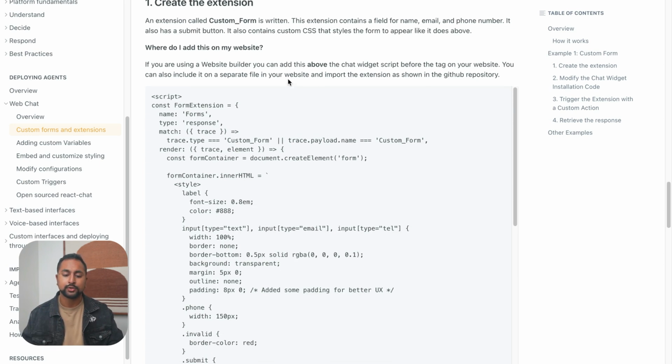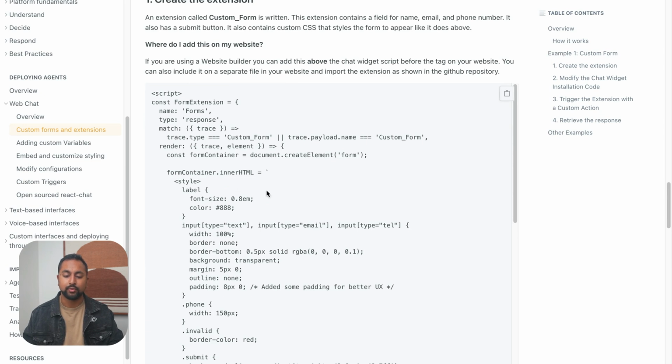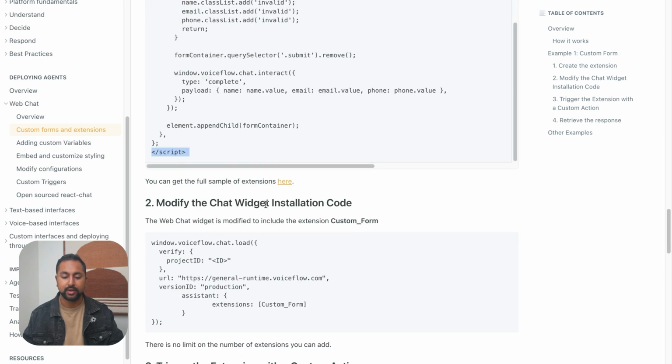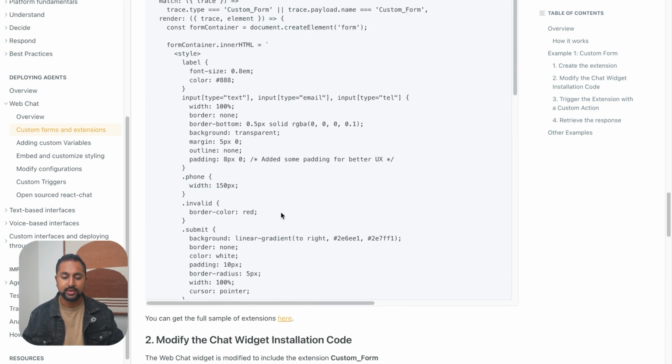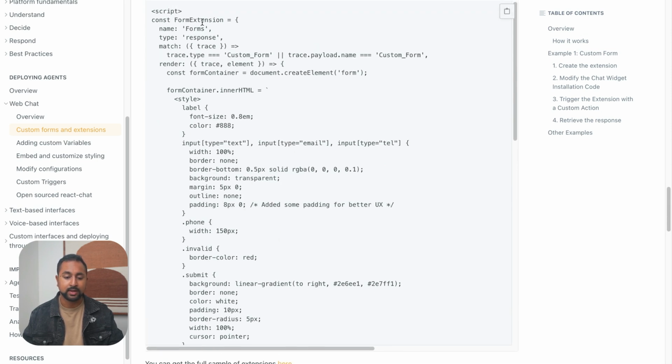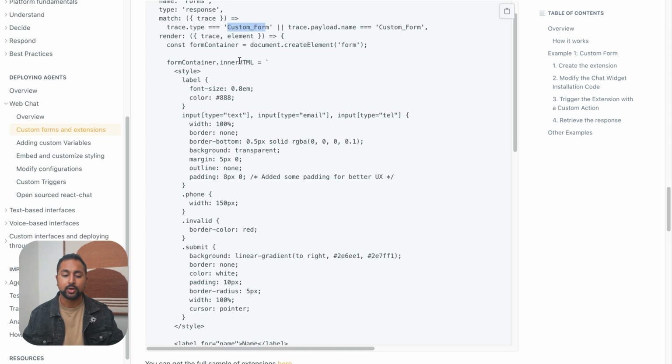So this is the code for the custom form, and you can see that it's got the script tags already. Right at the bottom, the script tag. And in this actual code is basically everything we need. So it's saying, this is a response extension. We're going to trigger when we see a step on Voiceflow called custom form. And then we are going to render the actual